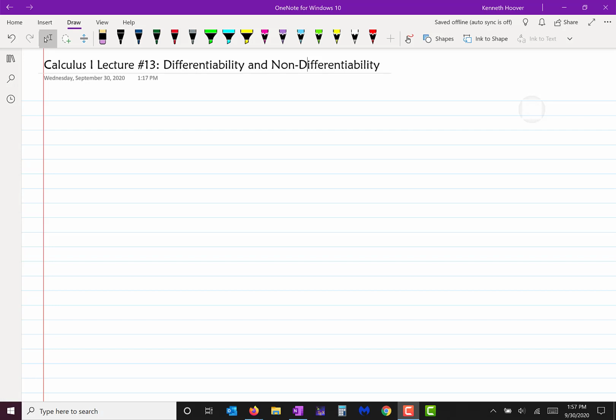Okay, today we're going to talk about differentiability, which means having a derivative. If a function has a derivative at a value of x, then we say the function is differentiable at that value. What do I mean by has a derivative? Well, I want you to remember that the derivative